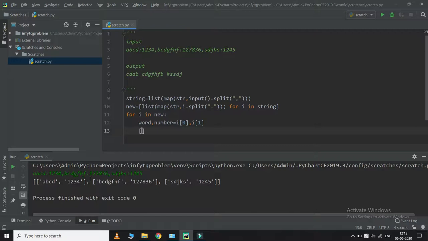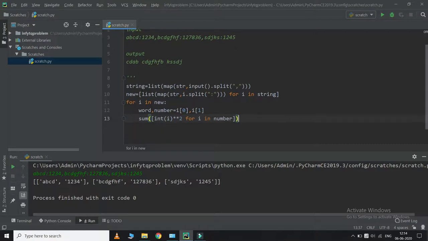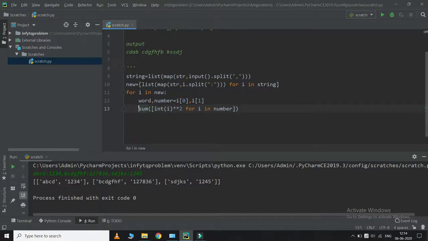So I'll use one more list comprehension, that is i for i in number, which will iterate through all the digits in this number, and I'm just going to convert it into int again, square it, and take its sum using the sum function. Using the sum function also we can check it right away, so I'm going to check this also here only.